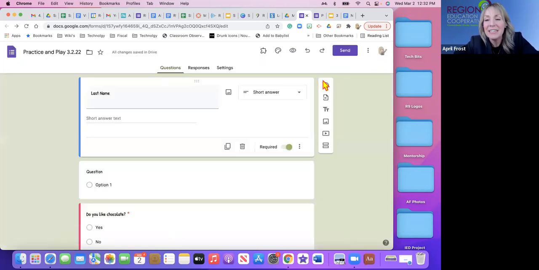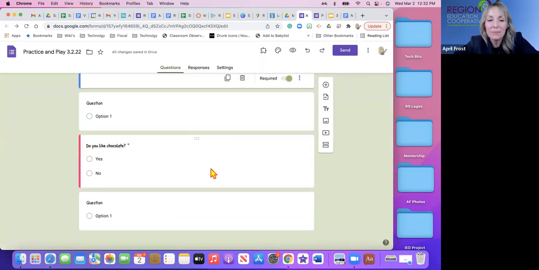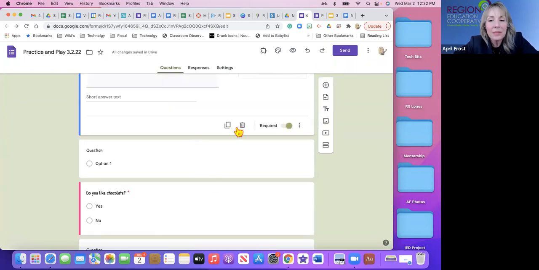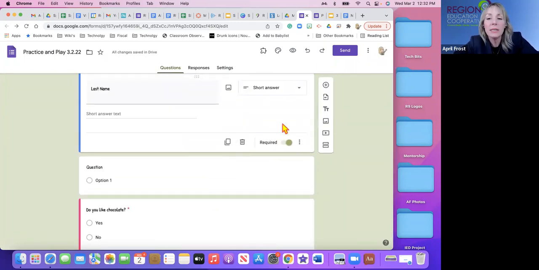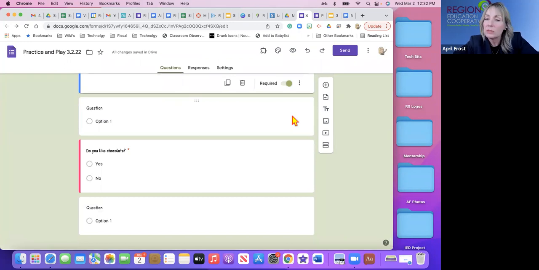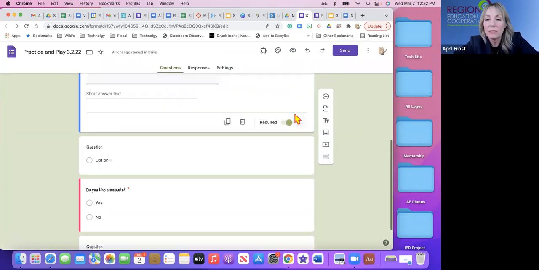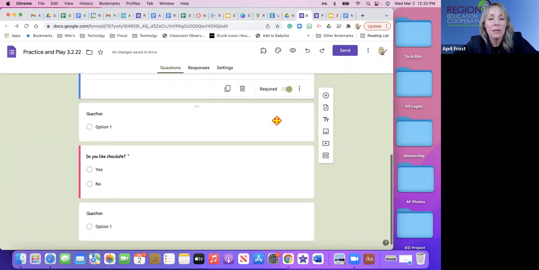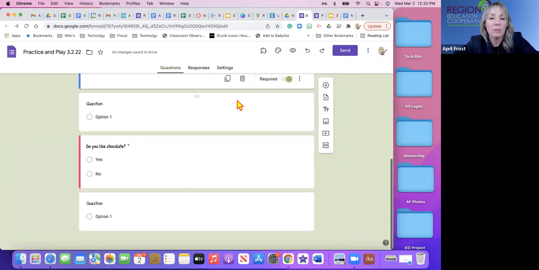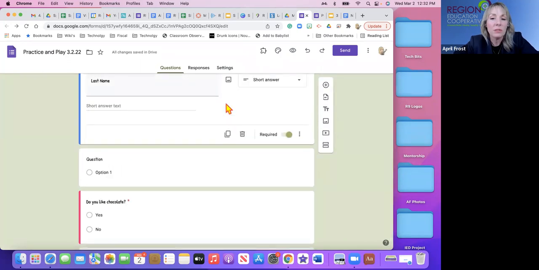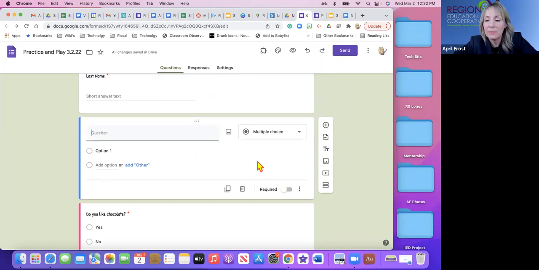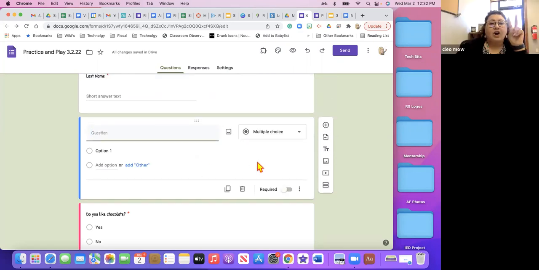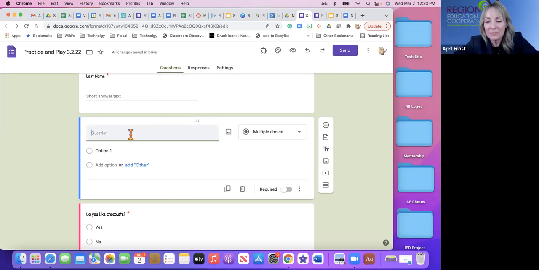Those are photos that we didn't need to see. So I can visually make it exciting for people to look at, which is nice. And if you notice this, as I'm moving down the form, this floaty toolbar on the side kind of goes with me, which is nice. And each of these questions that Cleo's created, if I need to access them, I can just simply click on that box and then